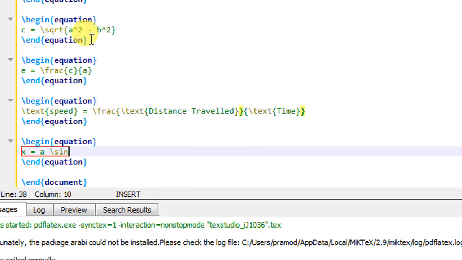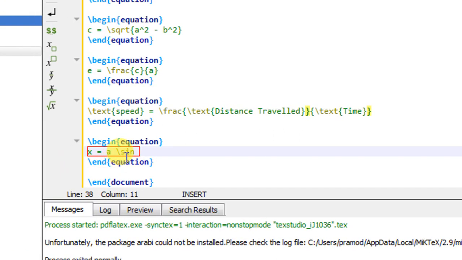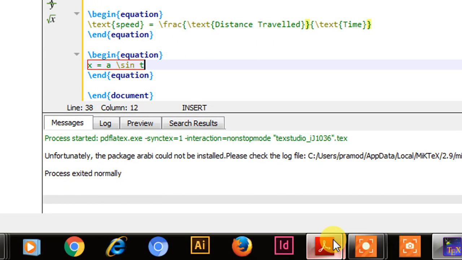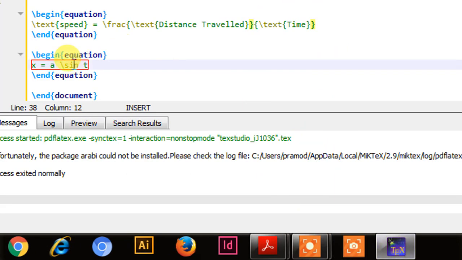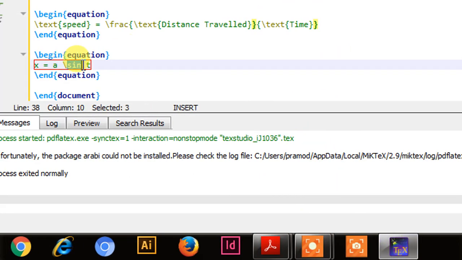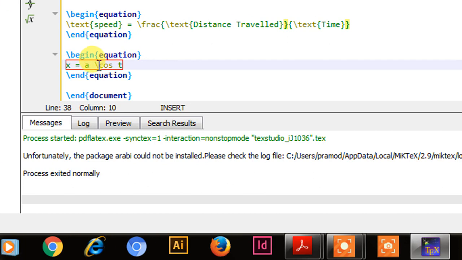So it will produce sin, right? x is equals to a sin t, I will write down here. Then second equation was, if you see here, y is equals to b sin t. Here in the first equation we are having cos. You can even consider sine, no problem. So \cos I will write down here.